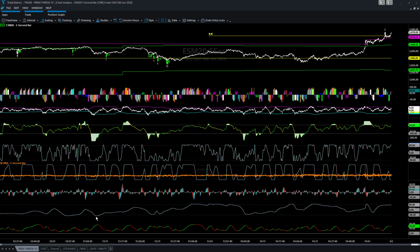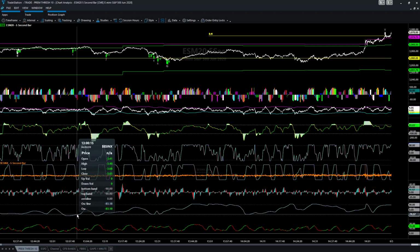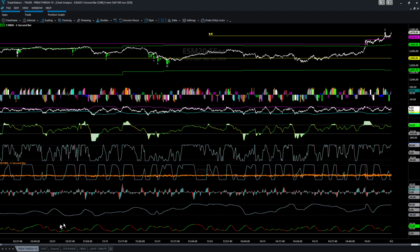Now you can see that we got in right as the indicator was moving up, and we really don't have much choice over that because we didn't really know whether it was going to move down. Well, the fact is it did. All the same,